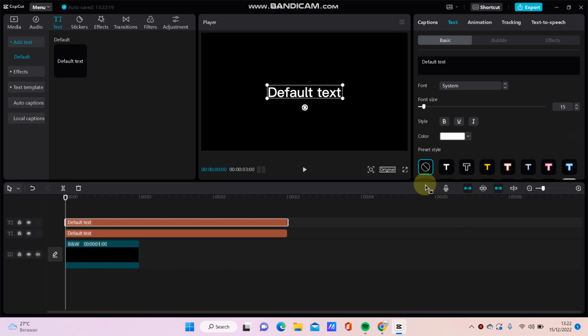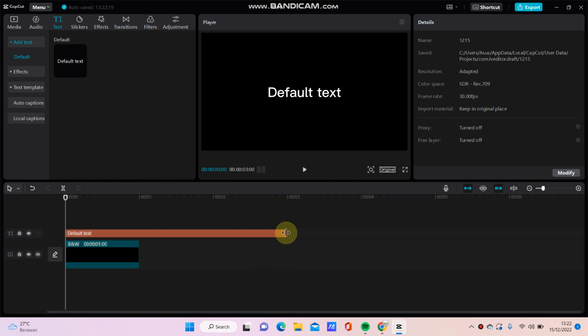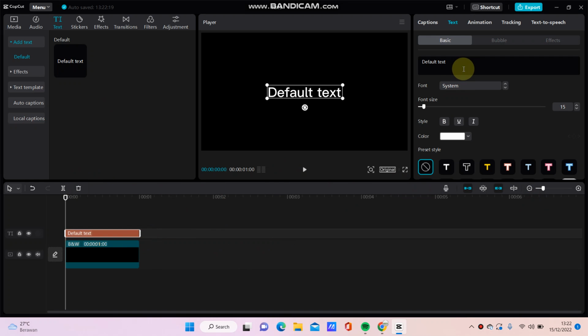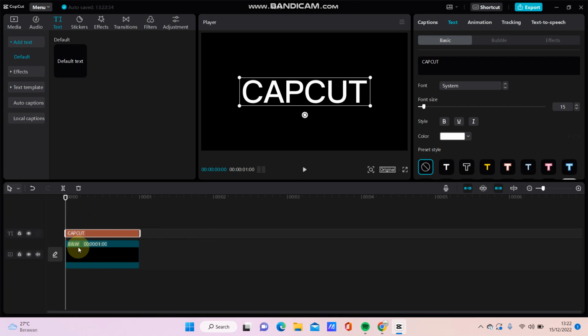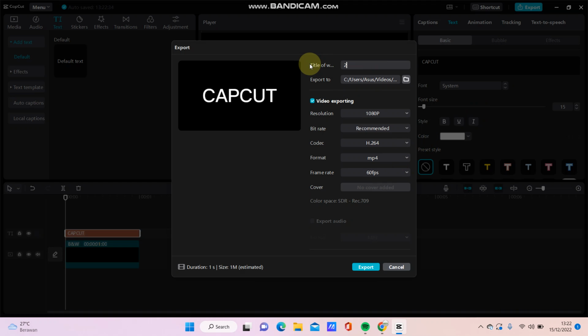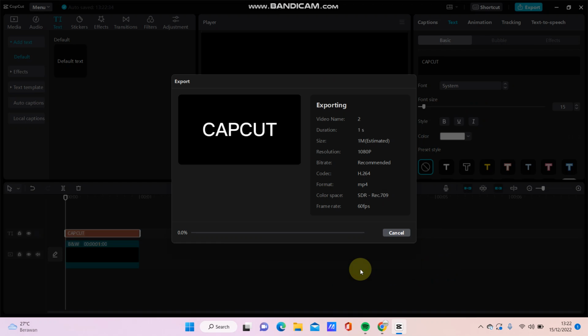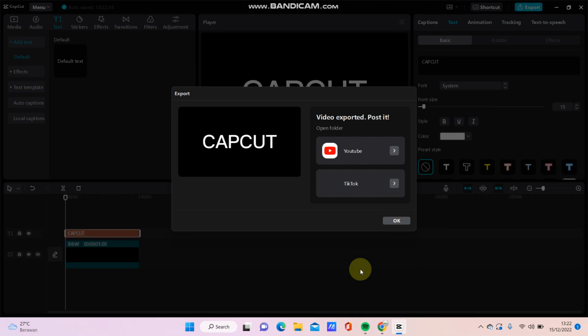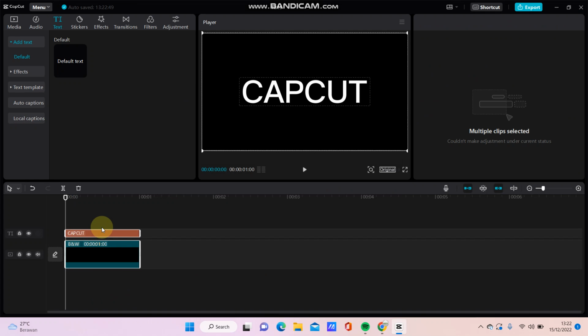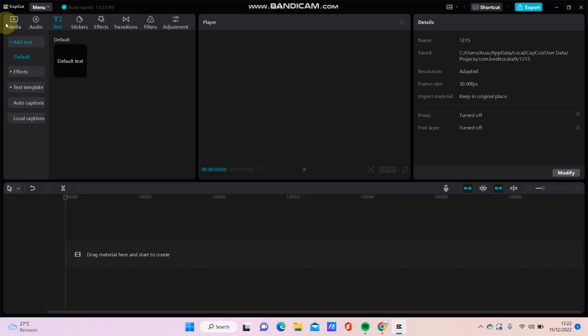So rename the text, for example, and you can resize. So just export. Click the export button and wait for the exporting, and then you can delete this project and go to media and